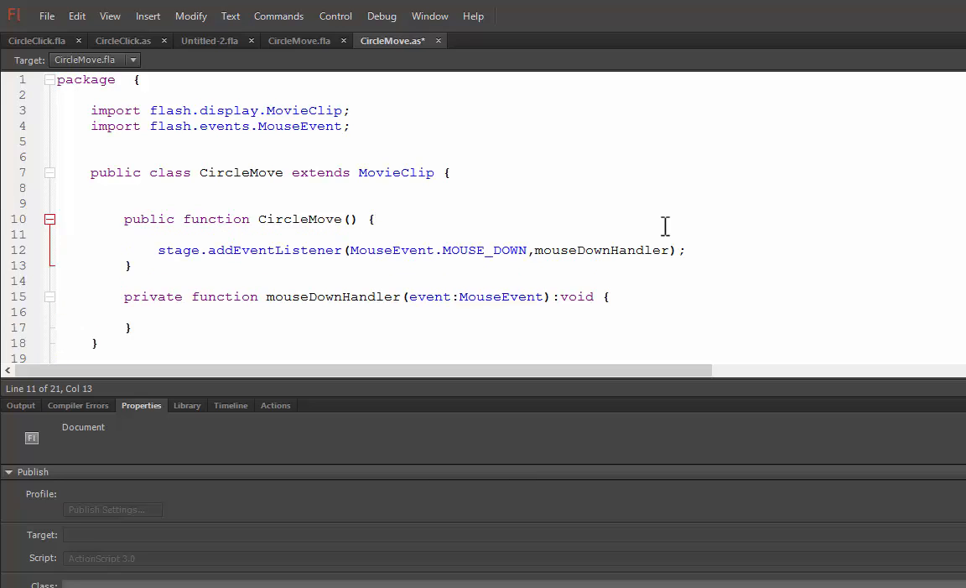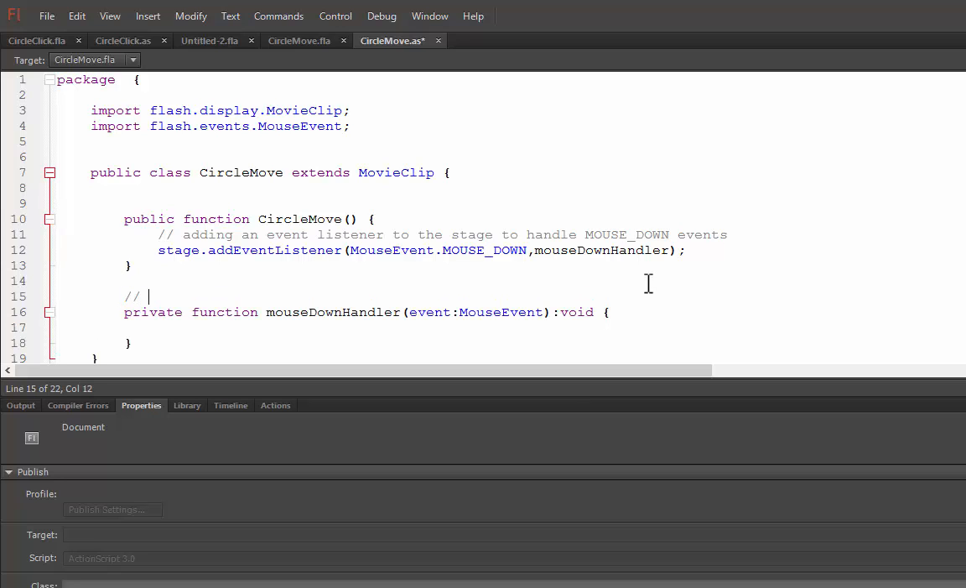We didn't add comments back here. So up here, we're adding an event listener to the stage to handle mouse down events. Okay, so one comment there, and let's say down here, mouse down handler handles